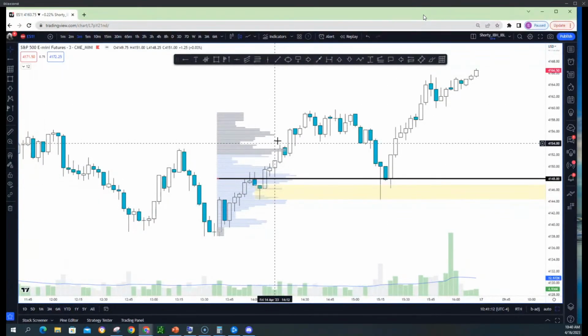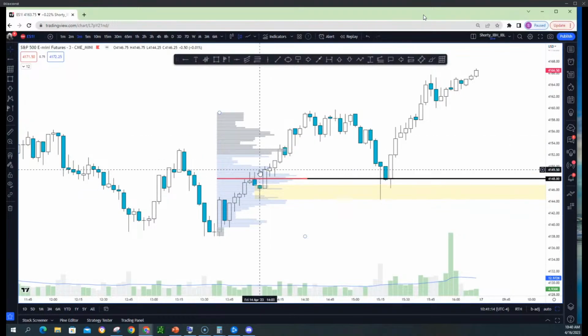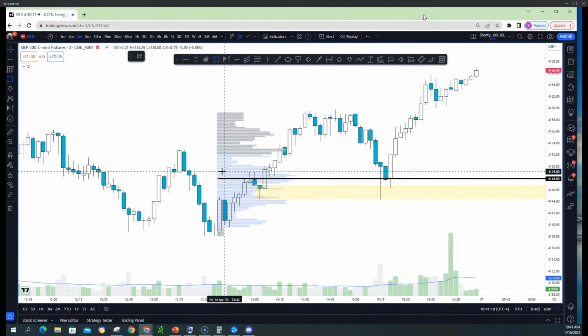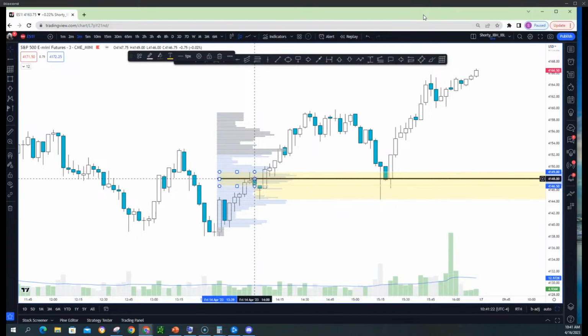So you had an imbalance that occurred, and then we came in and we accumulated heavily here. You took out this seller, right? If you guys look, this seller here that was trying to push the price back down. I'm trying to highlight these two candles' highs. You took this guy out, and look at this. I remember us saying here, if you guys remember what we said on this candle?